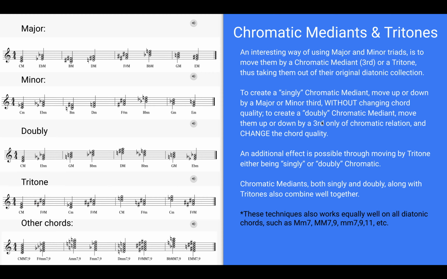To create a doubly, so first let's talk about the singly. So these are the singly ones. And if you see here, the chord qualities are all major chords, but they're moving by thirds. And it doesn't matter, you can move a major third or minor third. It's always going to be chromatic because a third away using the same chord quality will be chromatic. It's impossible to do otherwise if you're moving by thirds. So